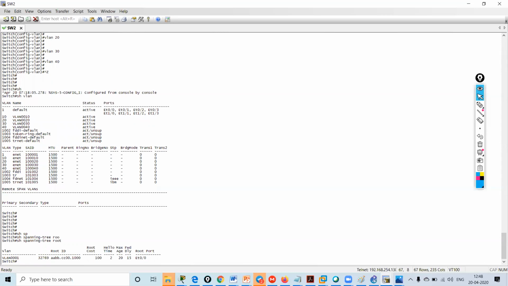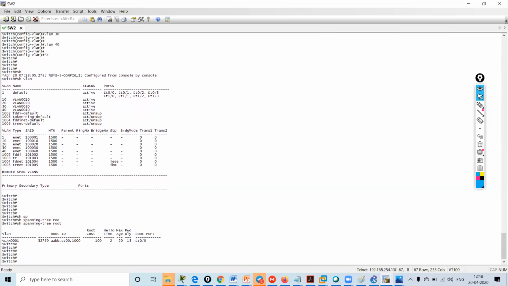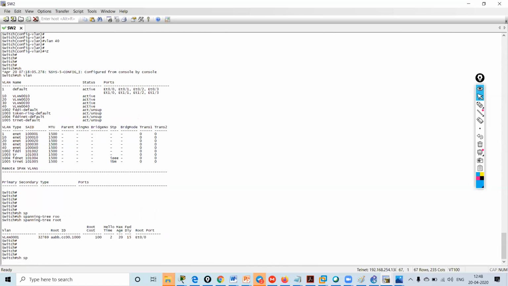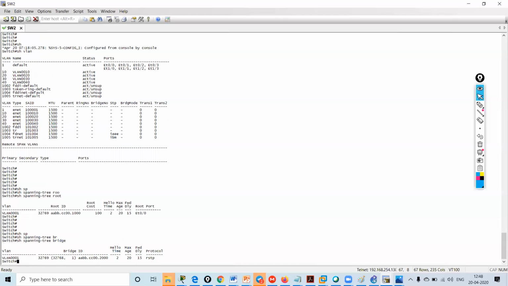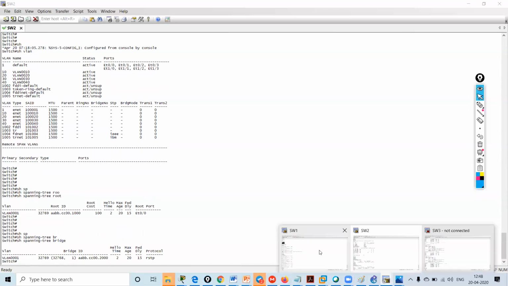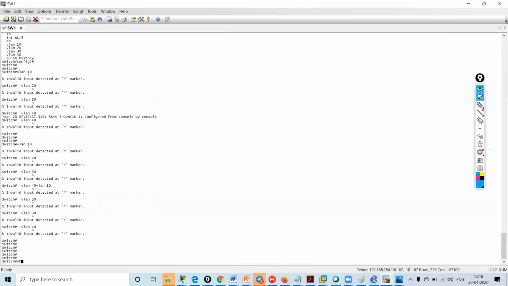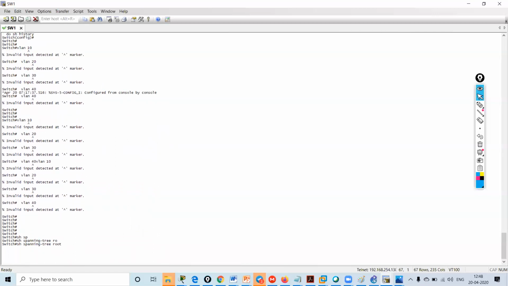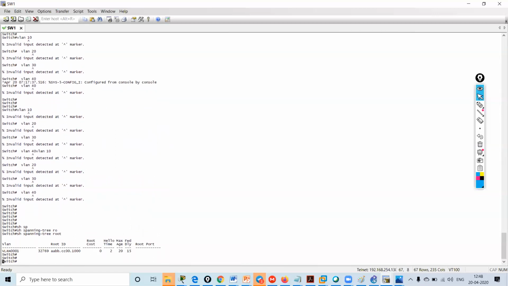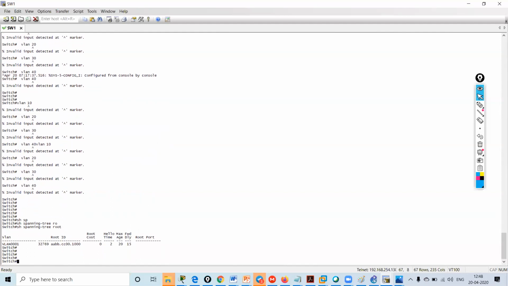Once I see show spanning tree root, I will get all the VLANs, for VLAN 1, the root bridge. Show spanning tree bridge. Okay, let me go in this, show spanning tree root. Why is it not showing me other VLANs?